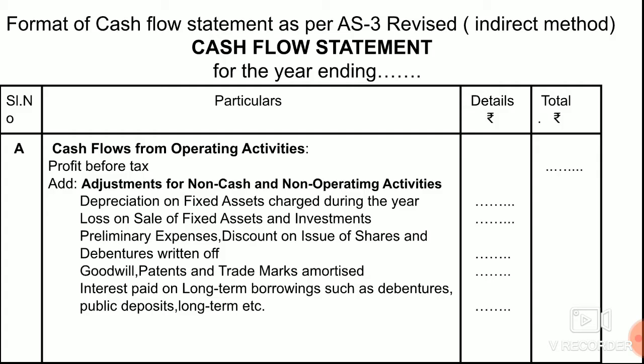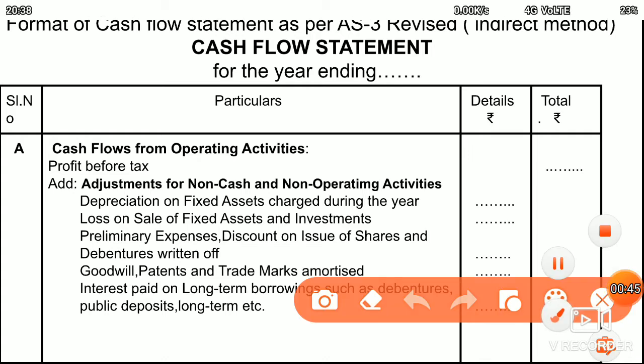This is a clear view of the cash flow statement. Due to the shortage of space, I am showing it in parts. This is the format in the indirect method. Part A of the statement shows the details of operating activities. In my next video, I will show how to calculate cash flows from operating activities in detail. In this video, I'm just trying to explain the concept of the format. So after the detailed calculation,